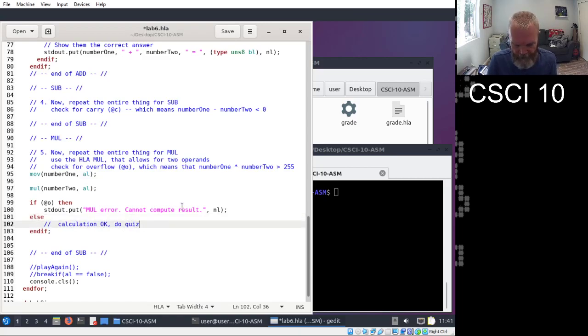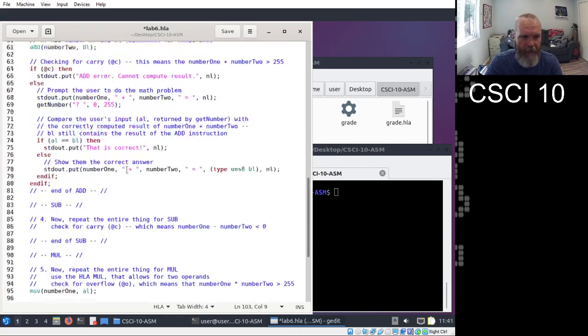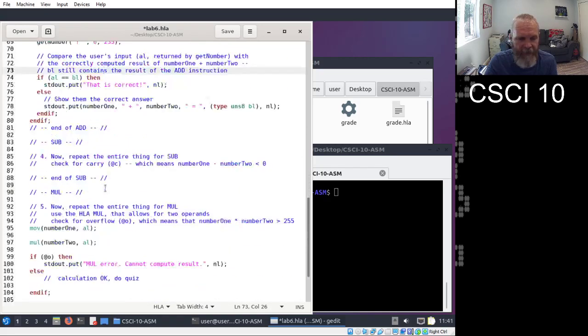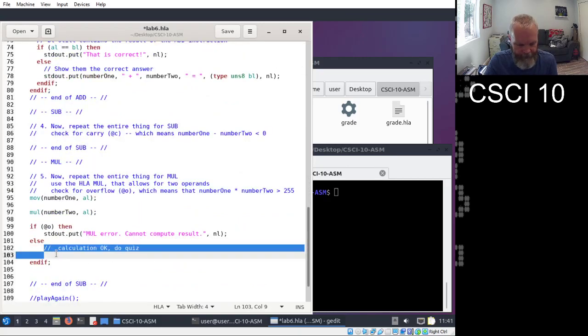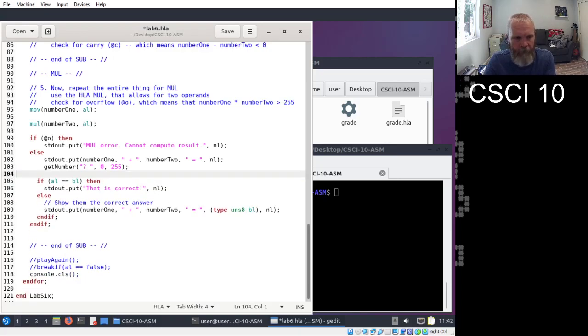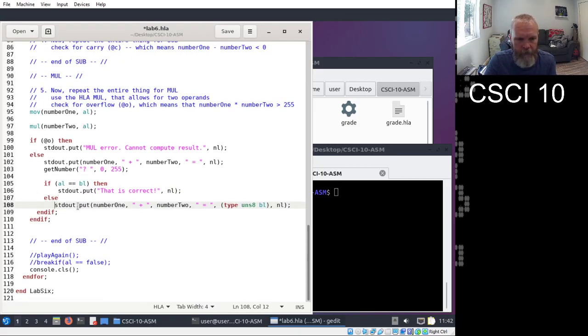Okay, so now you got to be careful, because if you copy the same routine, I'm going to strip out some of the commenting so you can see what's going on. You have to think a little bit here about what's about to happen. Times equals.